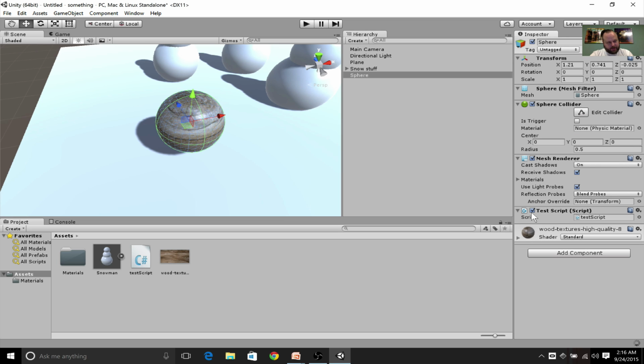So you'll notice here it's now part of the whole object. So it's part of the inspector. It's called test script, and it just added one down here. So these two are the same file. If I double click on this, it's actually going to bring up